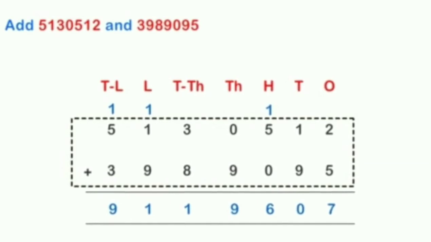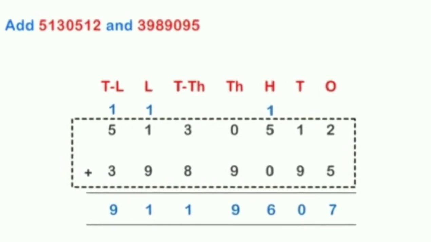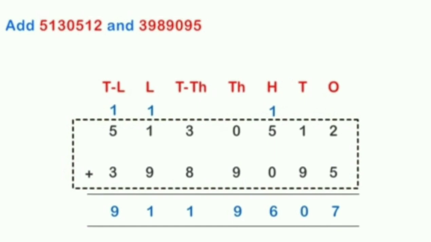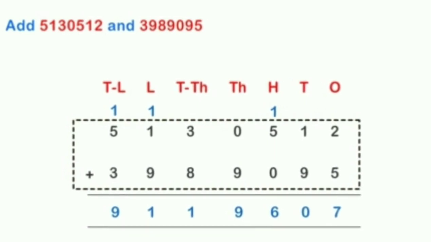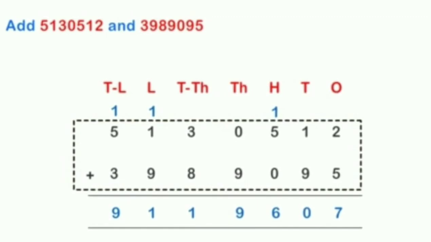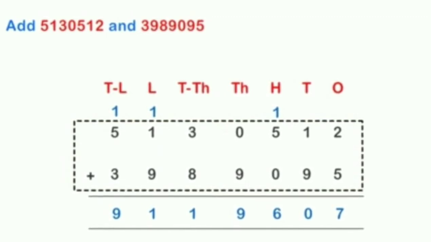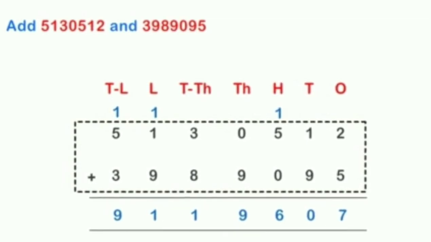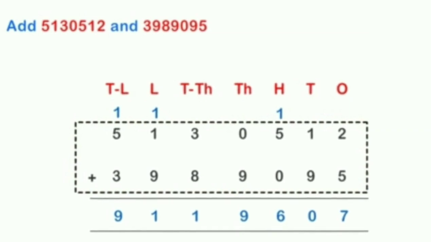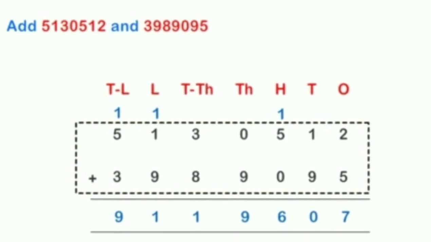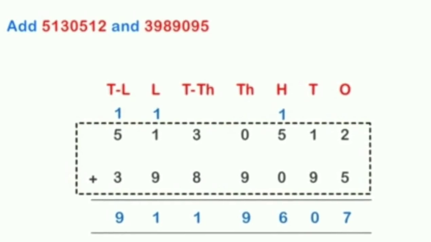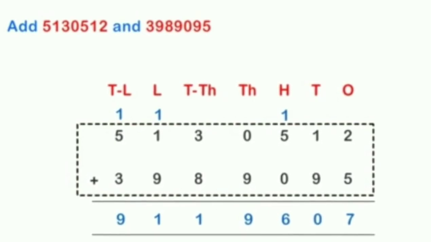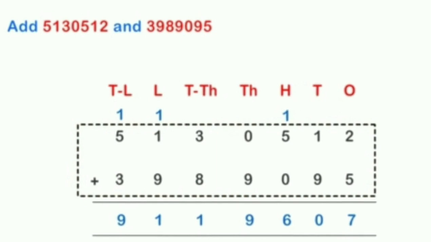Then we have added the 10,000 column which has the numbers 3 and 8. So addition of 3 and 8 gives us 11. I have just written 1 in the answer and taken 1 as carryover to the lakh column. After that 1 plus 9, again 11 will come. For this we write 1 in the answer and take the carryover to the 10 lakh column. Now this one carryover will be added with 5 and 3 and we get the answer as 9. So after addition we get our answer as 91,19,607. So I think how to carry out the addition, the concept is clear to you.